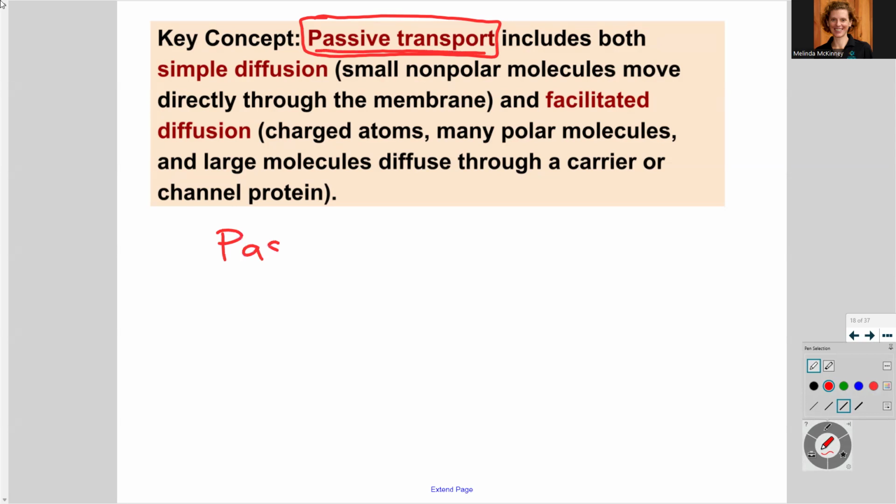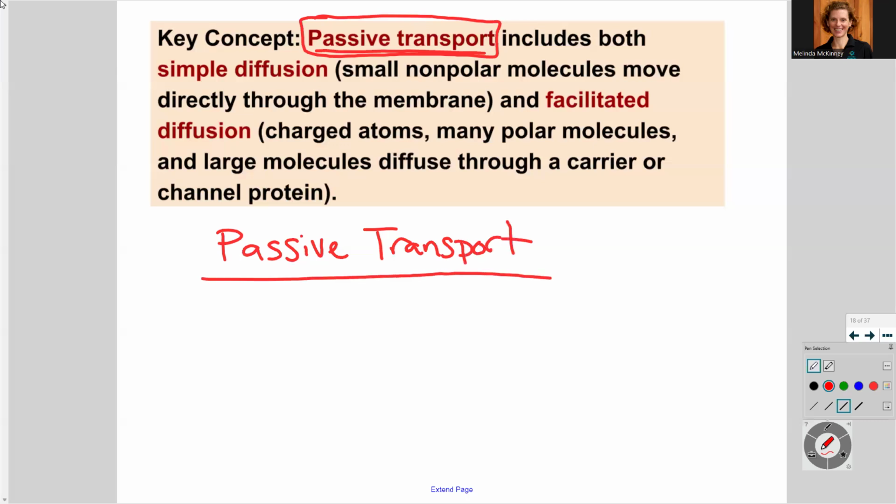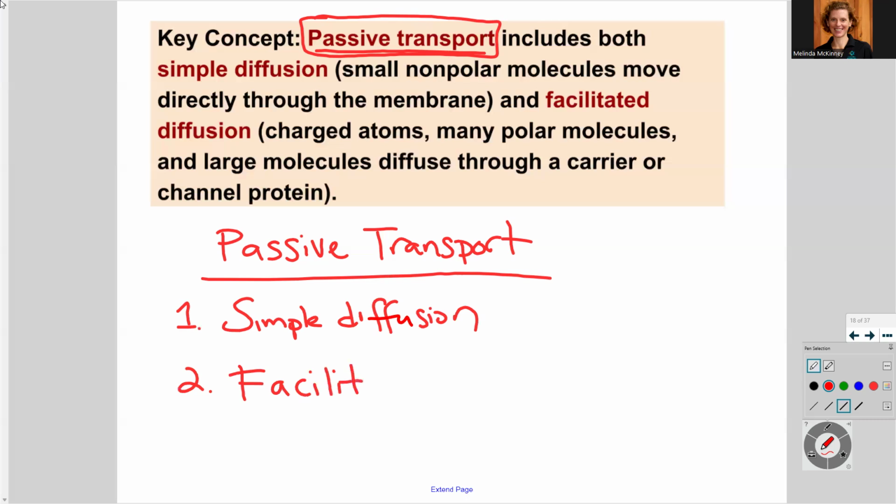So I'm going to just write it here. This is a big misconception. So passive transport, the first one people always get, okay, it includes simple diffusion. But the second one, because of the name, I think it confuses people. So the second component is called facilitated diffusion. And even though it's facilitated, it's still passive, which means it doesn't take any energy in the form of ATP